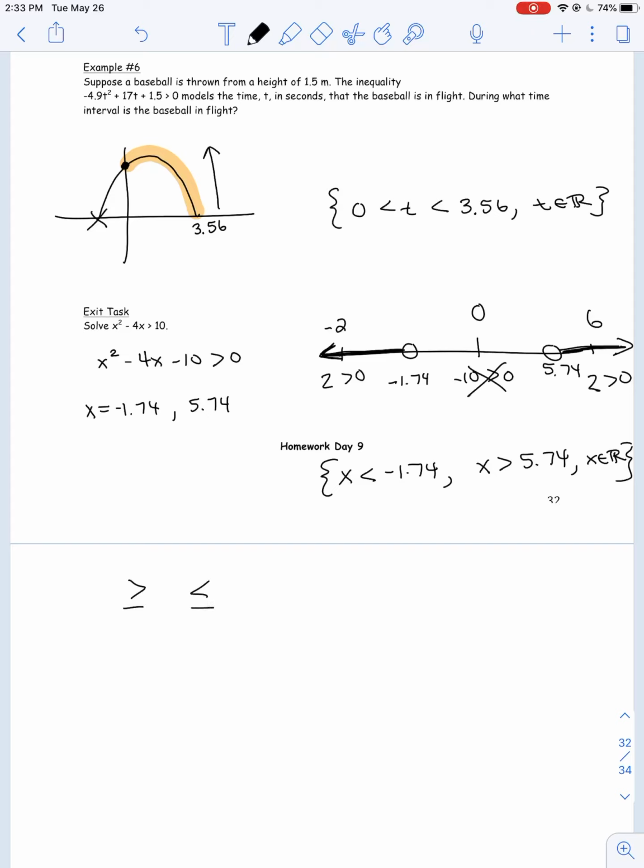Okay. And then just keep in mind that only when we have the equal sign, that's when we actually include the x-intercepts. And when we have the less than or greater than symbol, we have an open circle, which means that we don't actually include the x-intercepts. So just to kind of